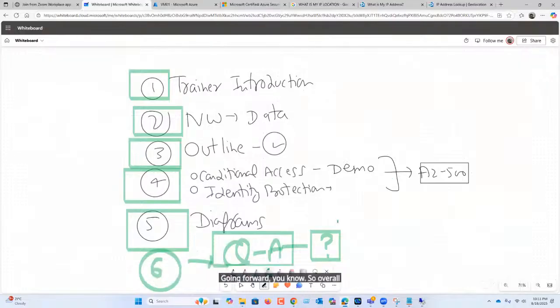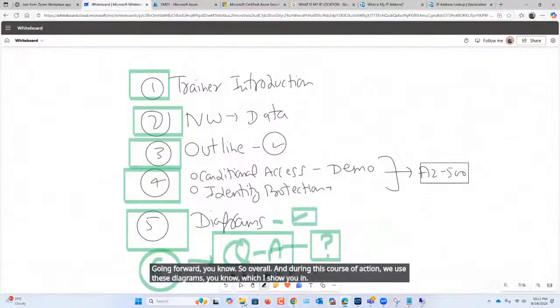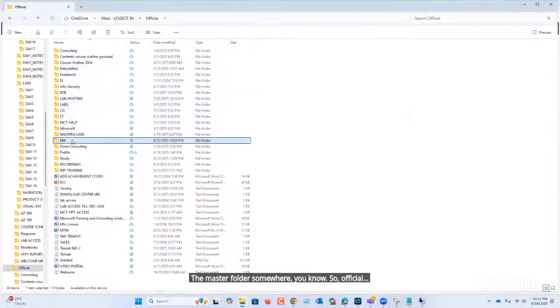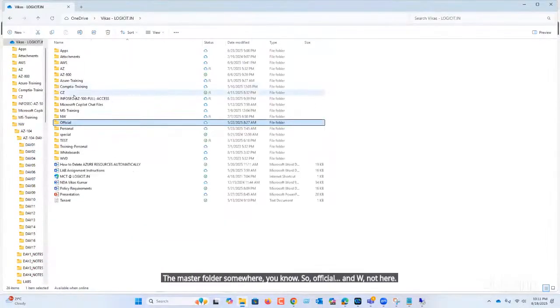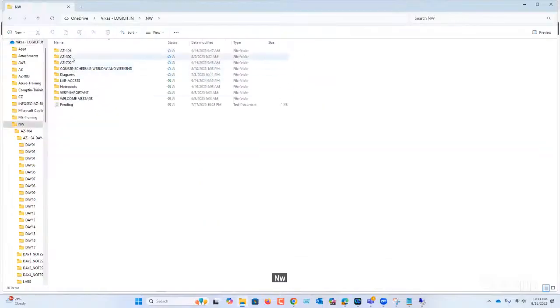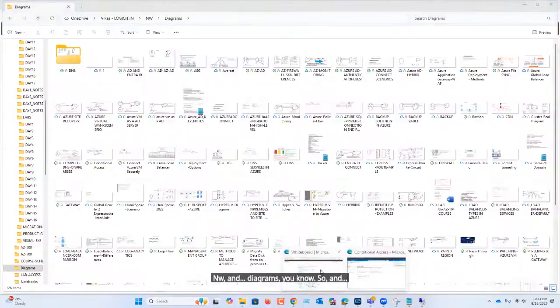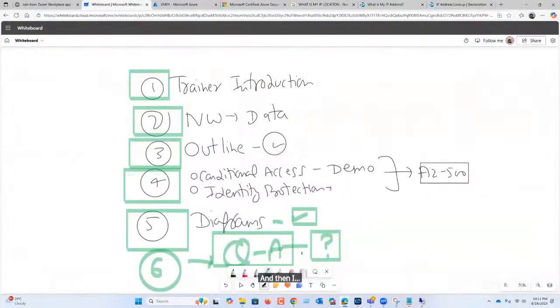So overall, during this course of action, we use these diagrams, which I show you in the master folder somewhere. So official NW, not here. NW and diagrams. And then I'm doing this Q&A. So it's not a topic, it's not a class, it's just a flavor as an idea.